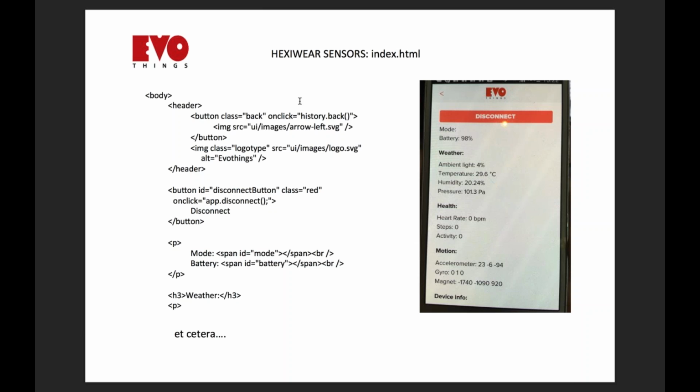So what we see here pretty much is very similar to a web page, that we have this is the body part of the HTML. So we see the disconnect button. On the very top there's a logotype. In this case it's the Evo logo. You can put your own logo there, of course, and then there's a back button, and those two live inside an element called header, and so they're placed up on top using CSS. And then you have the button, in this case it auto connects, so you need to disconnect the device, and then there's